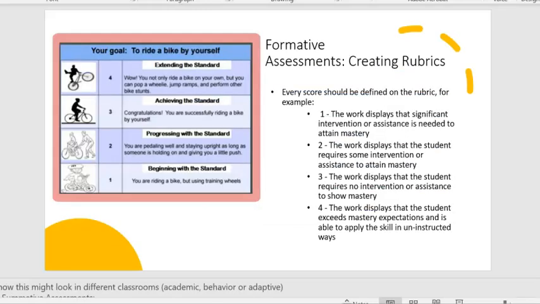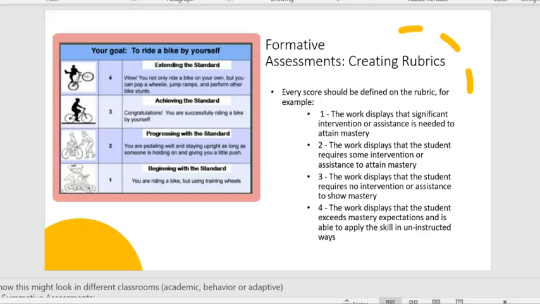So as we talked about on the previous slide, creating rubrics is a way that you can grade formative assessments or get an idea of how a student is doing with a certain topic. Writing oftentimes, like I stated, is one where rubrics make it easier to objectively assess where a student is at. When you're creating a rubric, every score should be defined on the